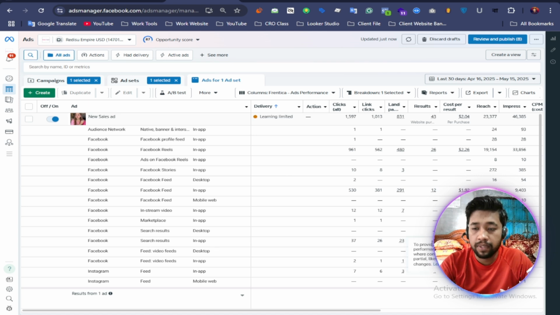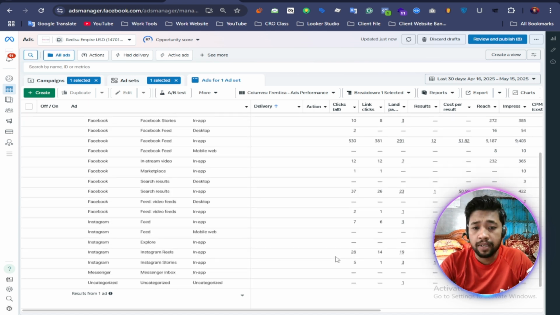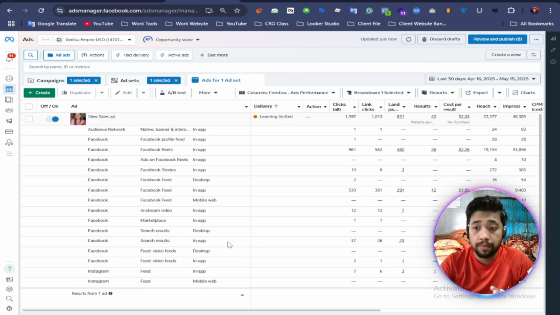Facebook search gave one result, and the Instagram feed gave one result. So most people purchased our product from only two placements: Facebook Reels and the Facebook feed. You can definitely try these placements in your next ad, and we can select them as a group.